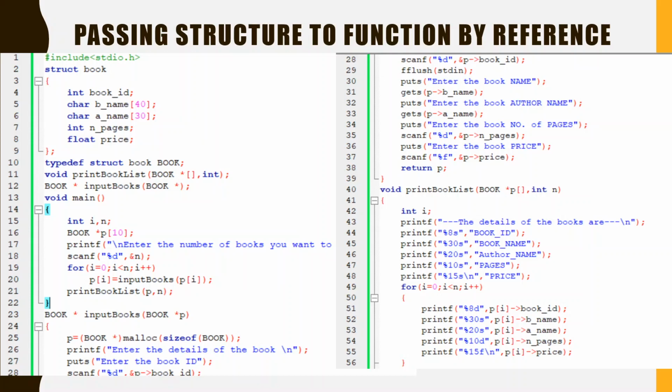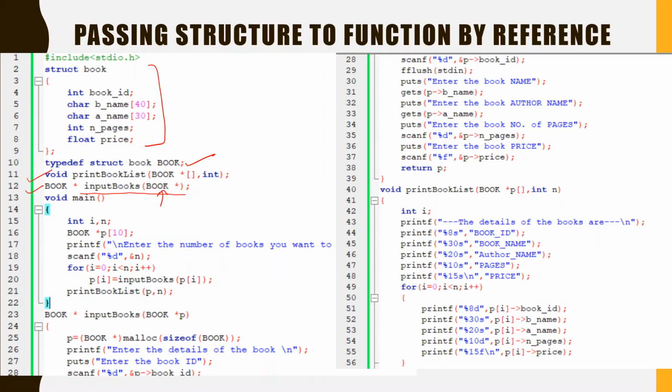Okay, so here you can see that we have the structure. It is the same structure. We have the user defined data type created as book. Now these are the same two functions, but here you can see that we take the input of books by passing a pointer of the type book.